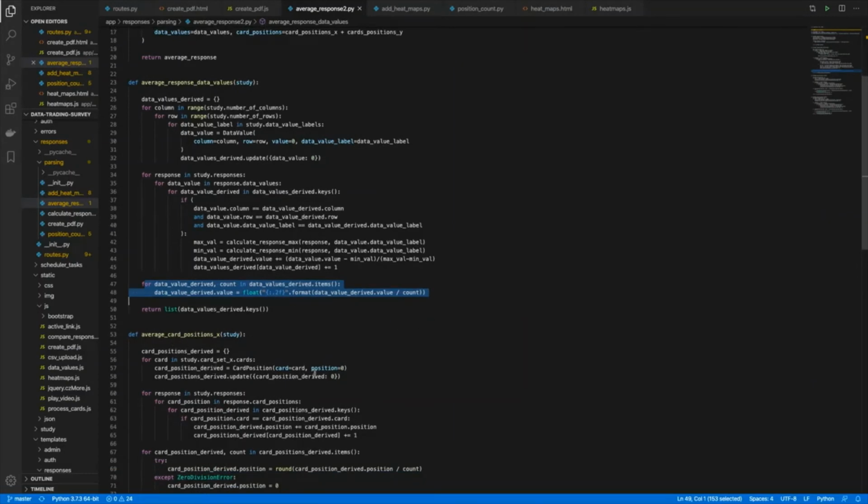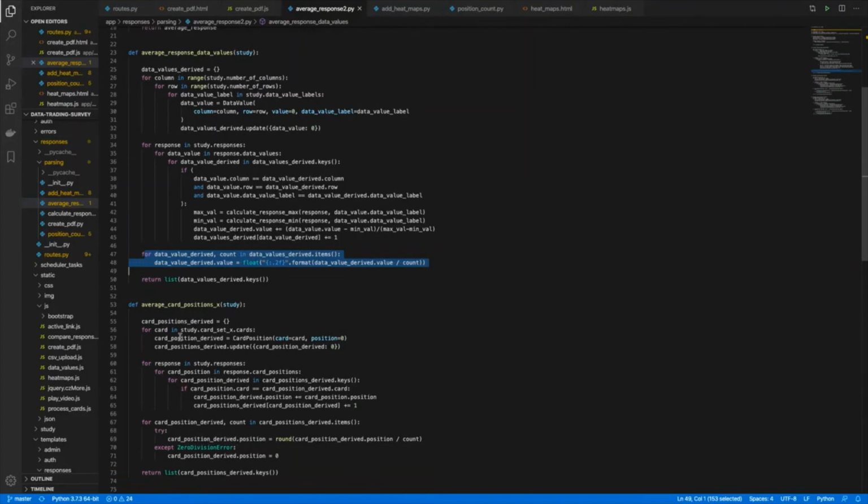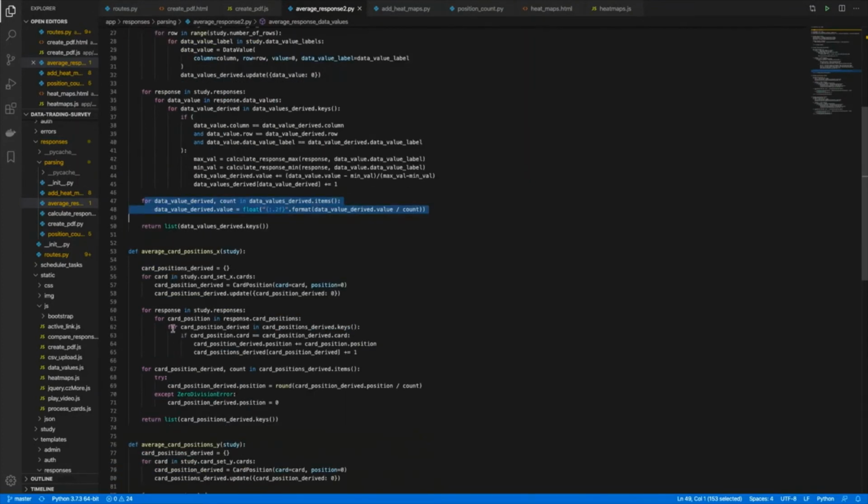To get the average position for the overall responses for cards placed on the x-axis, first an array is created to hold the total of the positions of each card on the x-axis and the count of the responses who have placed the card on the x-axis.